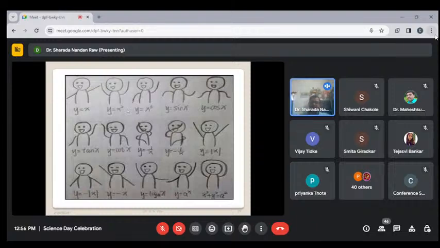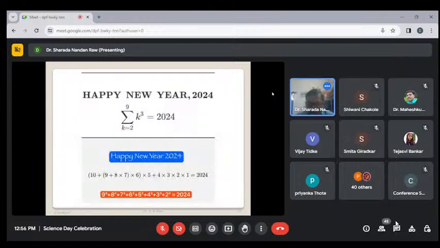If you are doing yoga, just like exercise, then every movement can be represented in terms of mathematics. That is y is equal to x cube, y is equal to sin x, y is equal to cos x, y is equal to tan x, y is equal to cot x, y is equal to 1 upon x, y is equal to minus 1 upon x, y is equal to mod x, y is equal to minus mod x, y is equal to minus x, y is equal to log x on base a, y is equal to a power x, x square plus y square is equal to a square. Every movement of our hand we can represent in terms of mathematics.